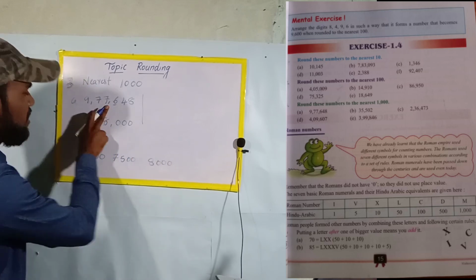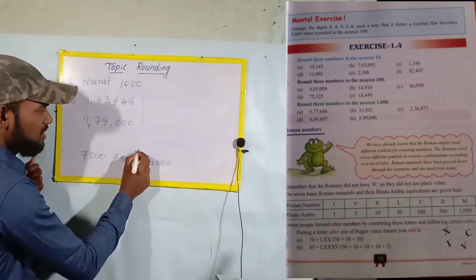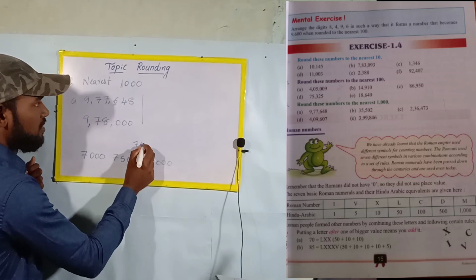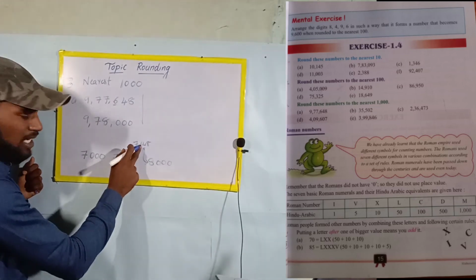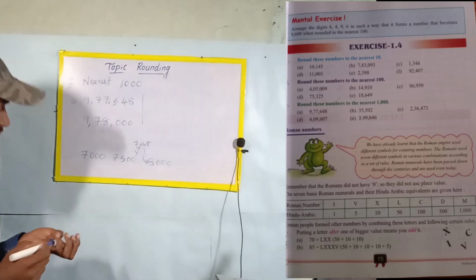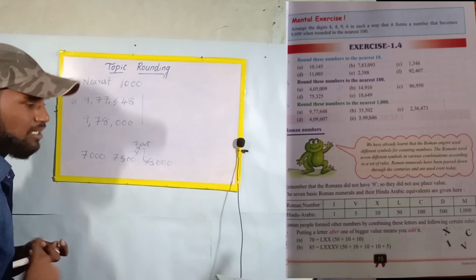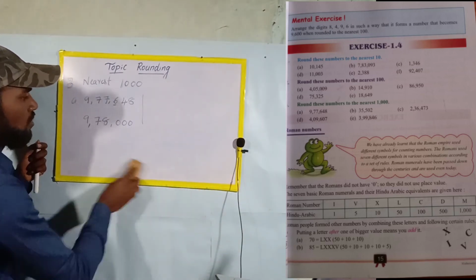So here what number is given? 7,648 is given. Here 7,648 is there. 600. It is nearer to which one? 7,648 is nearer to 8,000. Everyone clear? Yes. That's the reason I wrote the answer. So next one,